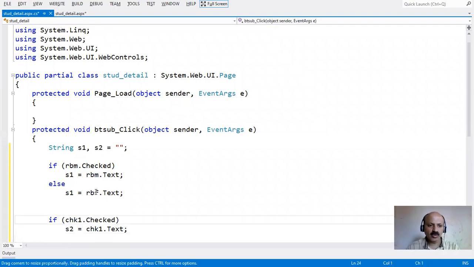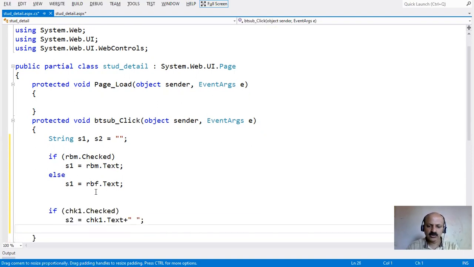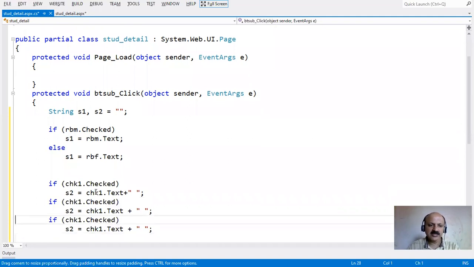Just copy it, but we also provide a space concatenation, because all three hobbies need separation. So we provide one extra space, and the plus sign is the concatenation operator in ASP.NET.